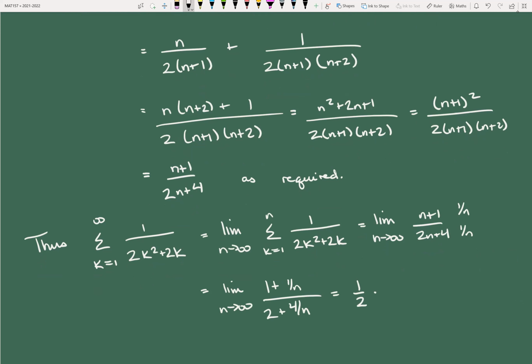So what you would do is you'd say, listen, let's look at the function x plus 1 over 2x plus 1, right? And then you could totally L'Hopital that if you want. And you'd say the function x plus 1 over 2x, or sorry, 2x plus 4. The function x plus 1 over 2x plus 4 converges to 1/2. Therefore, the sequence it induces must also converge to the same limit, right? Alternatively, if you want to do it directly, the trick is really just look, if you have a rational,